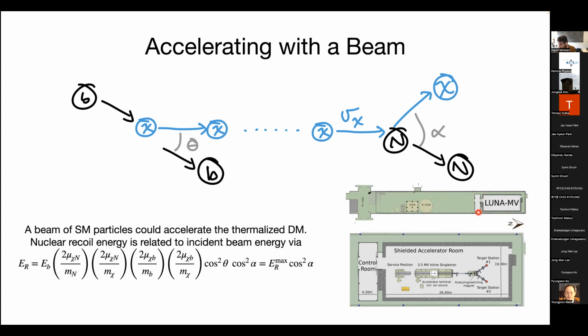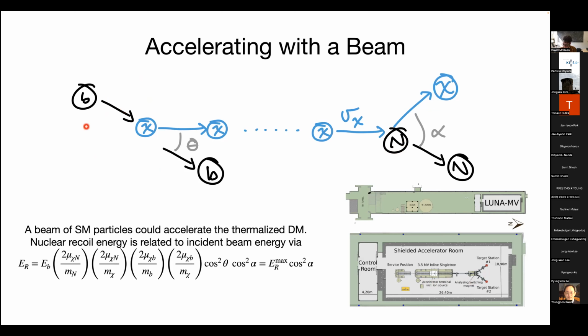And what LUNA is, is an accelerator that can accelerate protons and other nuclei, other ions, up to kinetic energies of order a few hundred keV, or as high as maybe an MeV. And then it delivers them to targets. So it does fixed target experiments, basically, where they take these protons and smash them into stuff. On the next slide, I'll show you some of their results and why they are doing these experiments. But the point is that if you know the beam energy, in the case of LUNA, something like 400 keV kinetic energies,